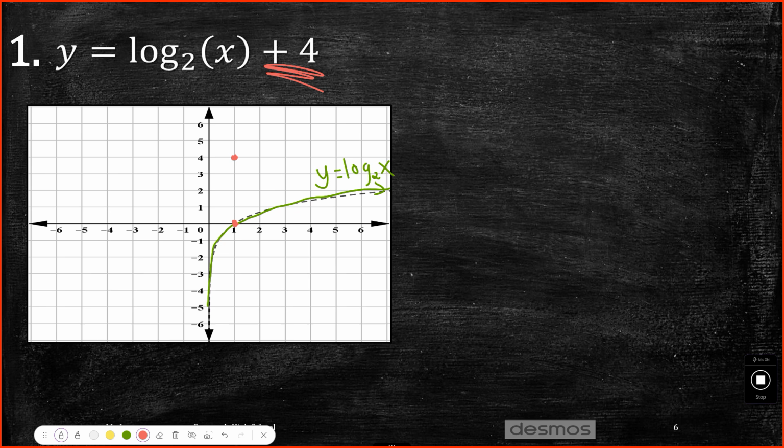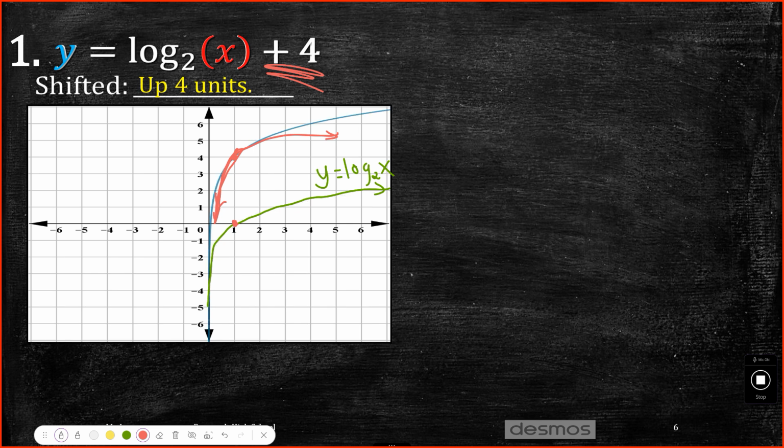So it's just a rough sketch. It's going something like this. Make sure that it doesn't cross here, and that would be a rough sketch. It shifted up 4, so something like that. All right, messed up, but